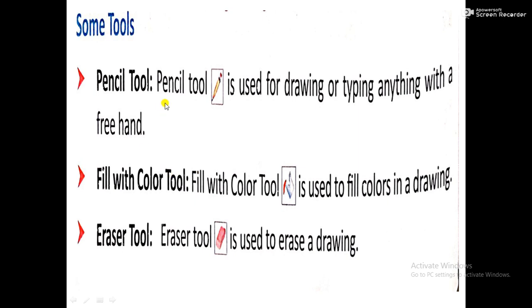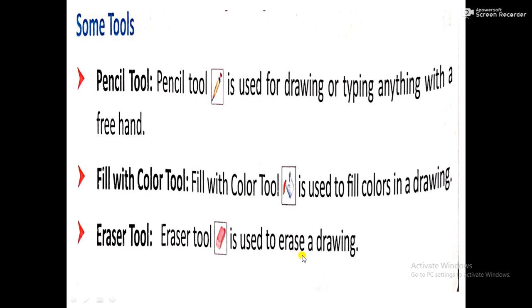While drawing your pictures you can use some tools: pencil tool, fill with color tool or eraser tool. The pencil tool is used for drawing or typing anything with free hand, like your real pencil. You can use this tool to draw on the computer. With the fill with color tool, after drawing any shape you can fill color inside the shape.